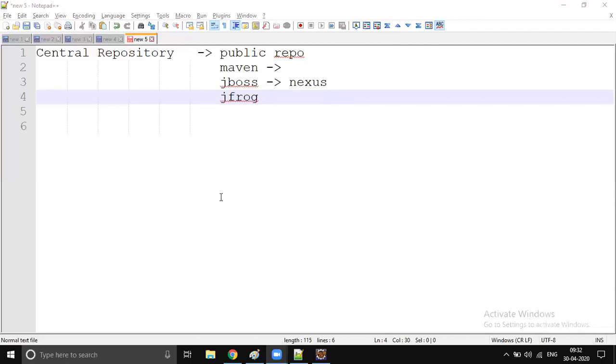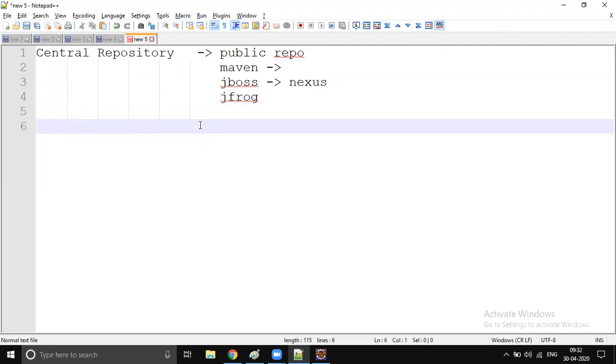Yeah, sorry, guys. Central repositories will not be used in real-time projects because we have some kind of security reasons. If you start using a central repository in companies, somebody can inject a jar with a virus, and that jar file will be downloaded onto one developer machine.